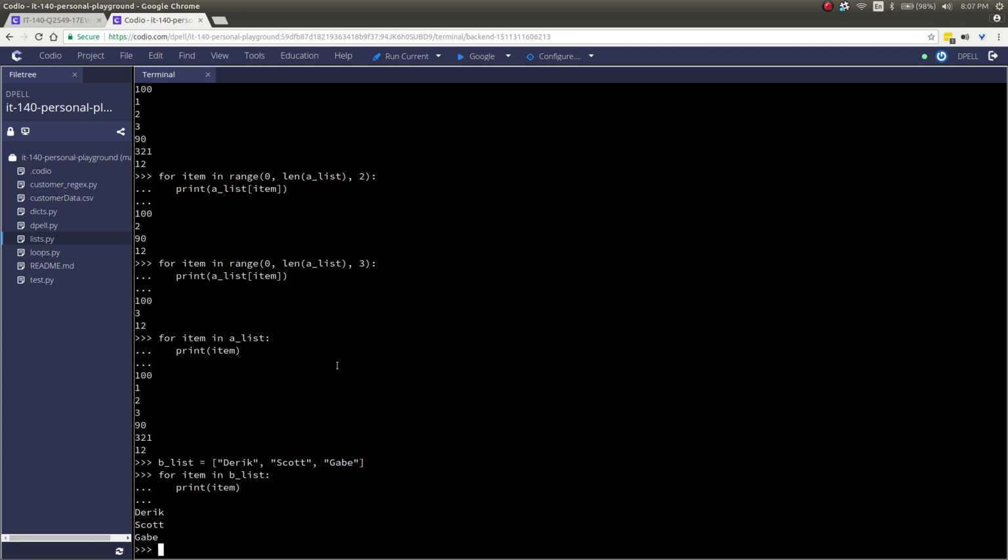The range would actually work here also. So if we wanted to do item, we don't have to start with 0. We could actually start with 1. We can go to length B list, and if we just do it like that,